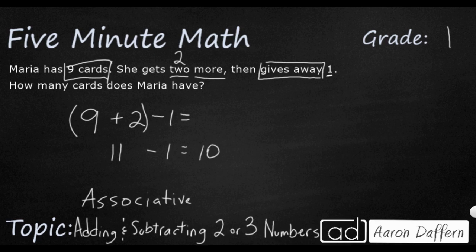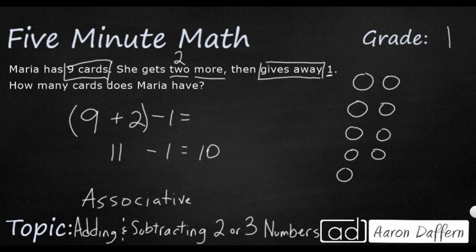But let's just draw a picture. Always draw a picture if you want to be sure. So here's my 9 to begin with. You get 2 more. So I'm just going to draw little boxes here just to show the 2 extra ones I got. So there's my 11. And then you take away 1. And yes, you are left with